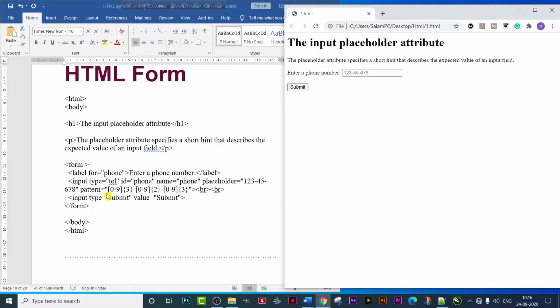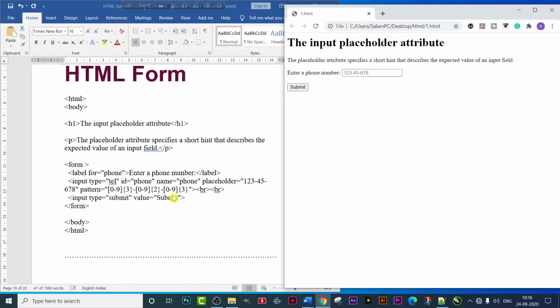Then again in the second line we have used the input type tag. We have written input type equals to tel in quotation, that is telephone, id equals to phone, name equals to phone, and placeholder equals to 1 2 3 4 5 6 7 8 in quotation. Then the pattern is like this: 0 9 3.